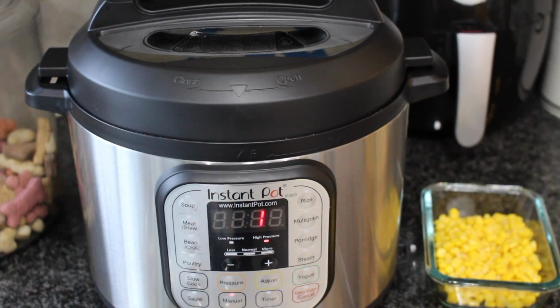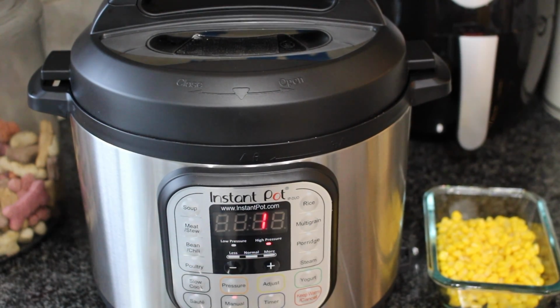So you will see that there is 1 minute left on the Instant Pot now, and it's so fast, guys. It takes a few minutes for it to warm up before the timer actually begins. But like I said, this dish is like 3 minutes long once it's brought to its temperature. So really, we're talking like 5-6 minutes in total when you count in the onions too. Not bad, right? And then from this point, when this minute is up, we're gonna add our corn into it